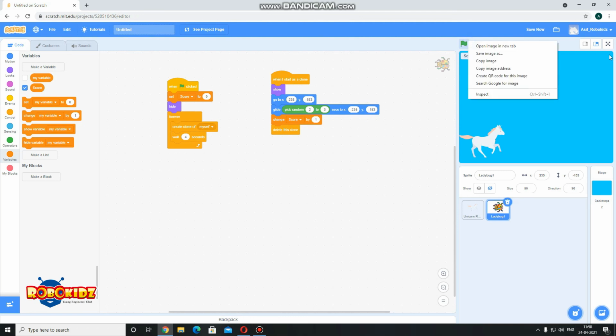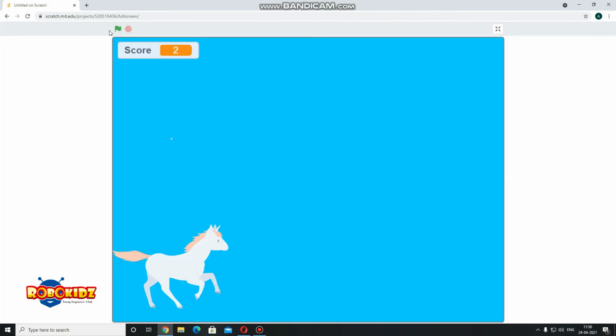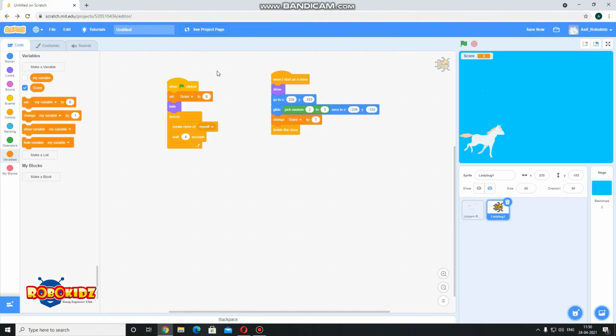Let us test it properly. We'll turn on full screen now. So this is how the game is actually working, but the delay here is quite big. So now let us make this delay also random.